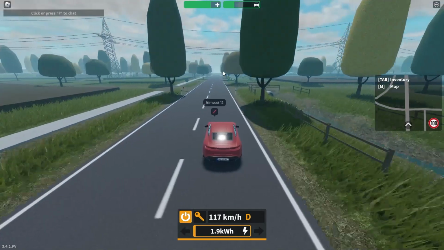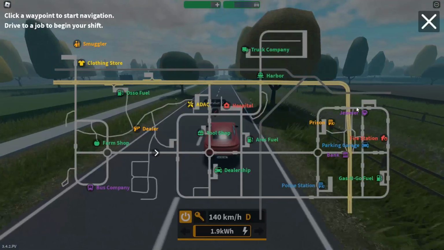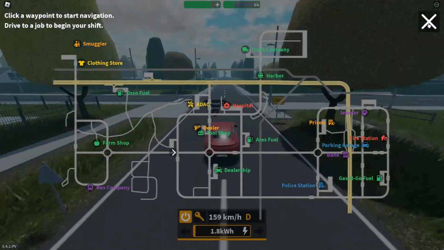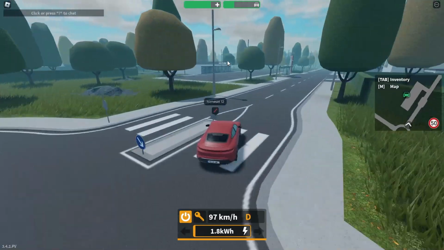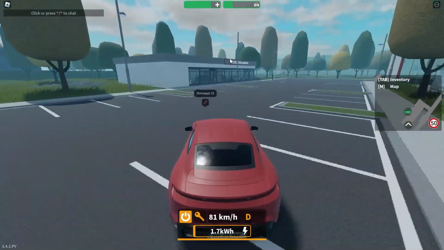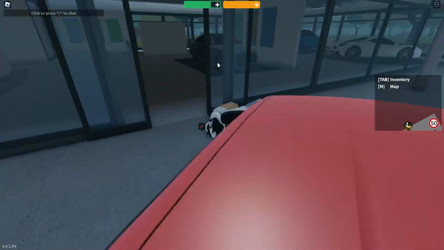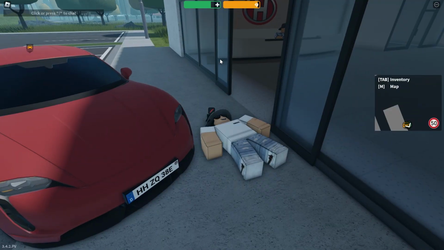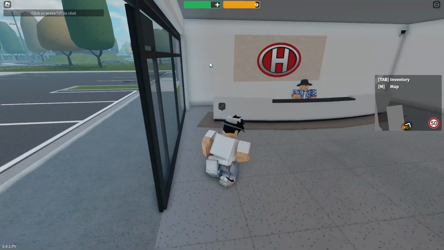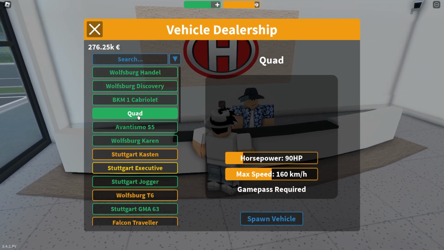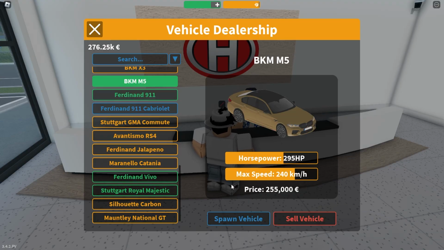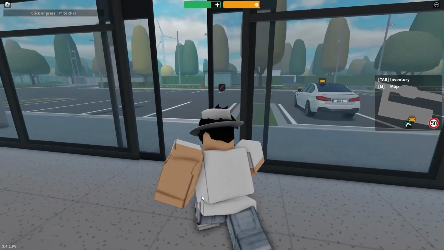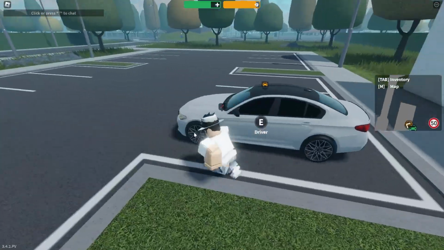Now, I was just thinking, this wouldn't make much sense on the Porsche Taycan. It's an electric car. It doesn't have an engine. I am aware of that. And yes, that is why I'm going to change it right now to a gas-powered car, because I don't want people saying, oh, you can't open the hood on that one, there's actually no engine in there. So I'm going to change it to, let's go for a, no, that's kind of complex. Yeah, BMW M5, just a kind of average car, you know.